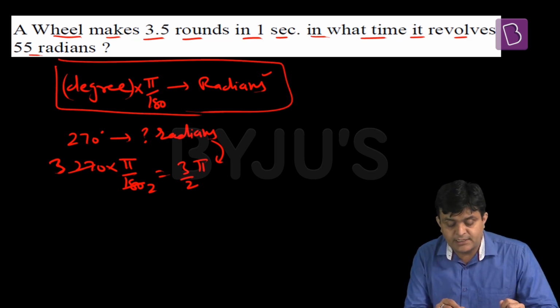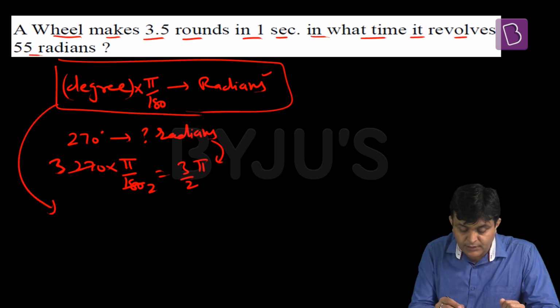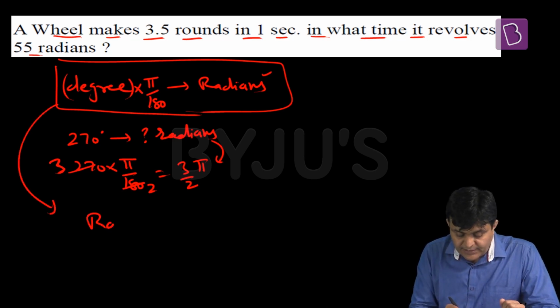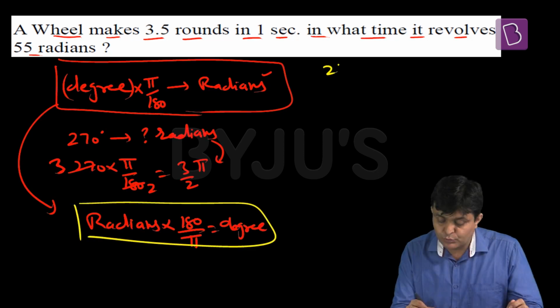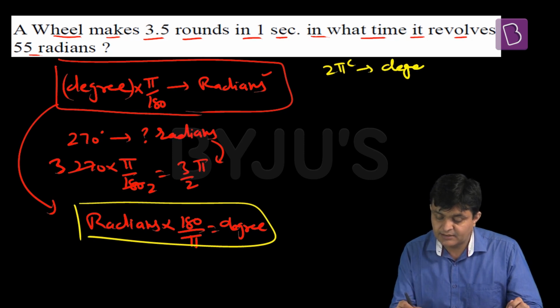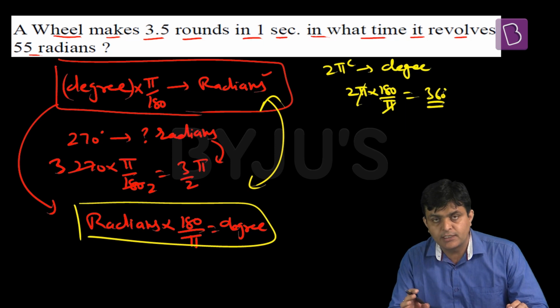So it is the formula. डिग्री को पाई बाई 180 से मल्टीप्लाई कर देंगे तो रेडियन में चेंज होगा. And from here, cross multiply. If we have radians measurement then 180 by pi से मल्टीप्लाई करेंगे तो ये डिग्री में चेंज. 2 pi radian, change it into degree. So 2 pi into 180 by pi, this becomes 360. By these two, we can convert degree into radian and radian into degree.